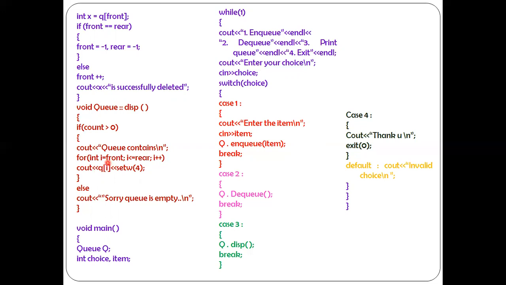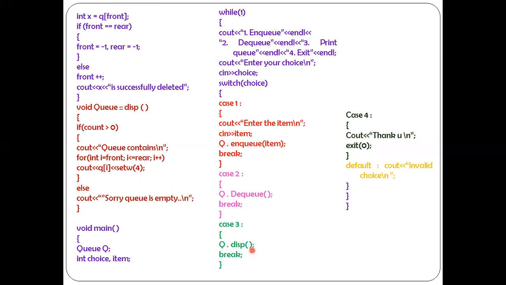Again, it goes to the for loop. i gets increased by 1 and becomes 2. 2 is less than or equal to 1? Condition false. Condition false means it comes out of the display member function. Again, it goes to the break. Soon after the display, you have break. That means it won't allow us to execute the rest of the cases in the switch statement. It halts the execution there itself.